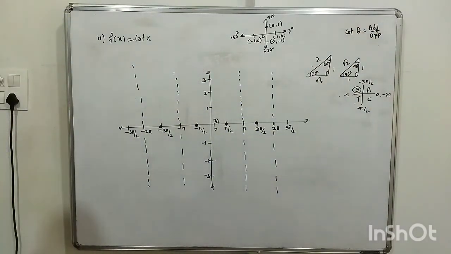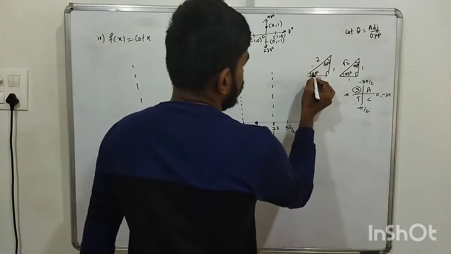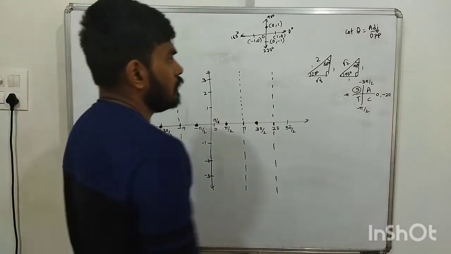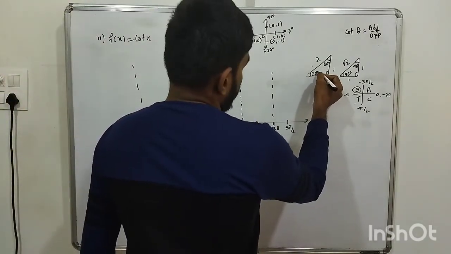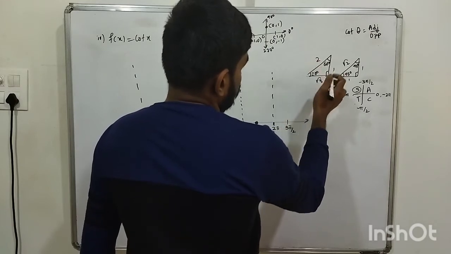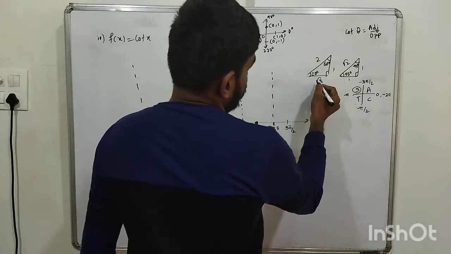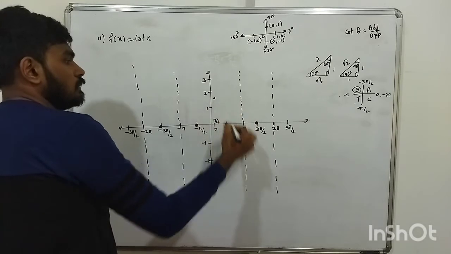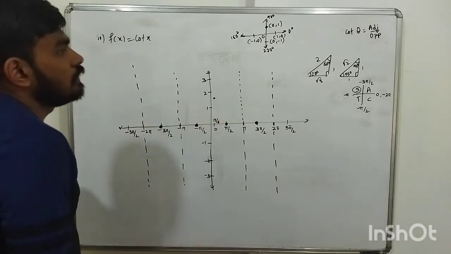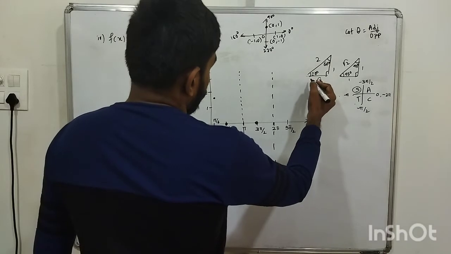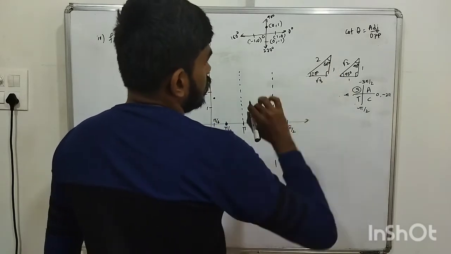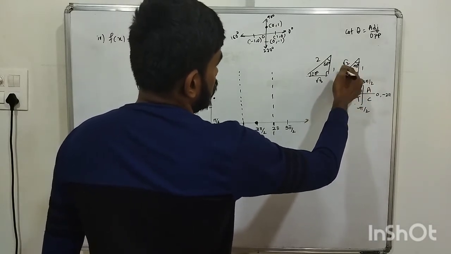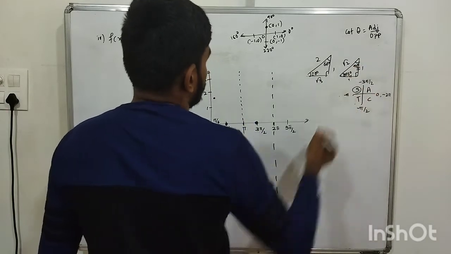So what is the adjacent to this 30 degree? Pi by 6 means 30 degree. If you want you can check by taking 180 upon 6. So cot of 30 degree: adjacent root 3, opposite 1. So it is somewhere here, 1.7, correct? Root 3 upon 1, which is root 3. Then we get cot of 45 degree, which is 1. Tan and cot of 45 degree are 1. Adjacent is 1, opposite is 1, so 1 upon 1.